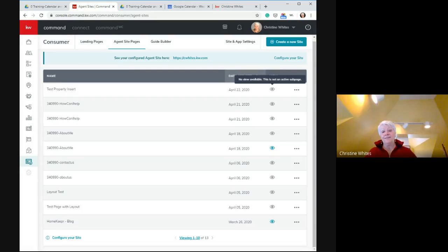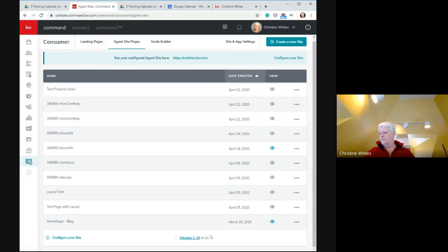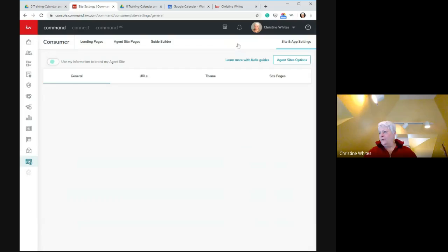And that's a good thing because you're playing with them and maybe it doesn't look the way that you want it to look. So the ones with the blue eyes here are the ones that are active. And I have 13 pages here and I only have 4 of them on my site. Something I learned the other day, one of our agents had created a page, and so here's how you add it to your site